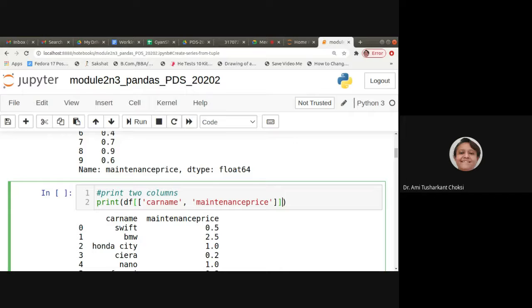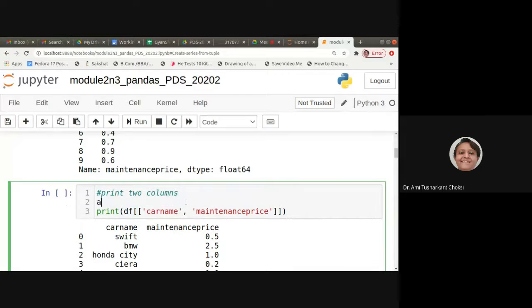Two square brackets are there because we typically write it as A of something, isn't it? But now for that index, instead of one index, I want to provide two indexes. That is a list I want to provide, right? So it should be written this way, that two square brackets must be there. So do not make a mistake in that.